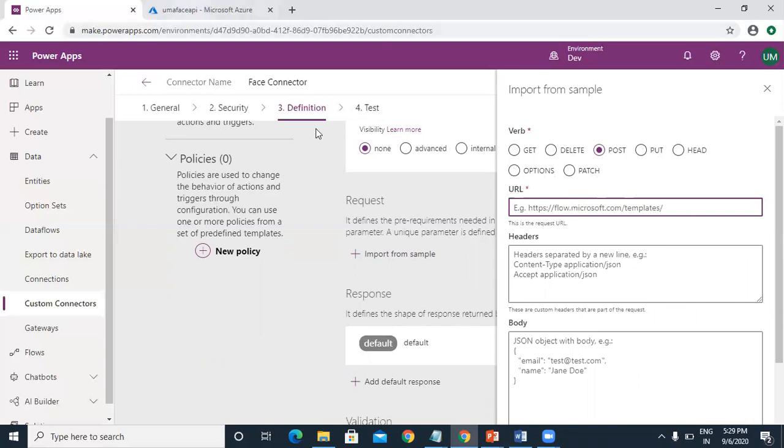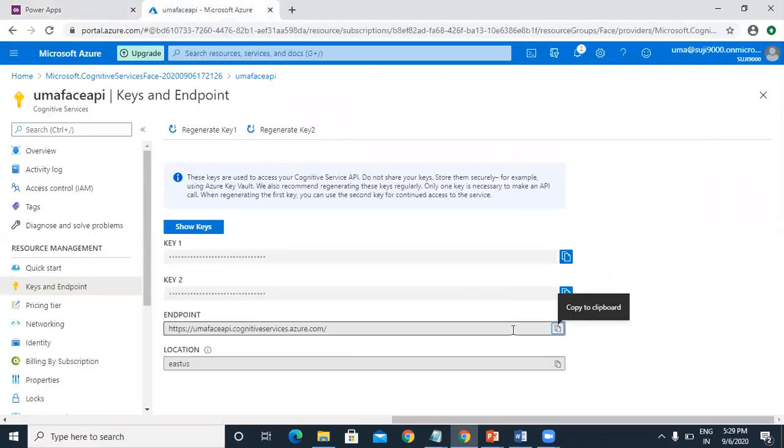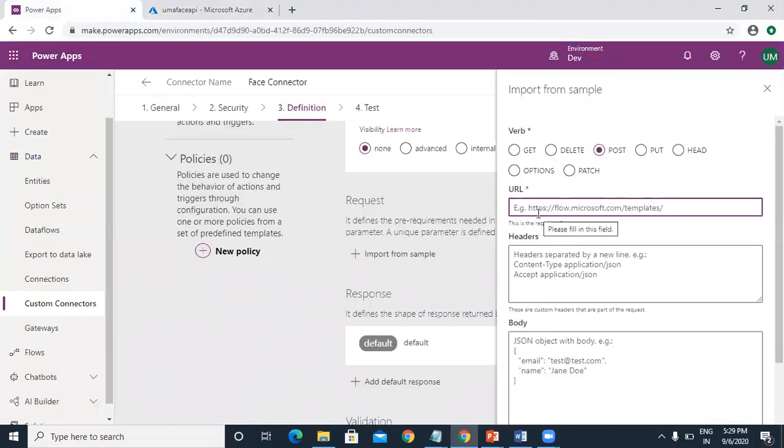So here you need to take your action URL. So I'm using my web API URL slash. In the web API, we will mention each action you want to take, correct? So that we will be passing here.